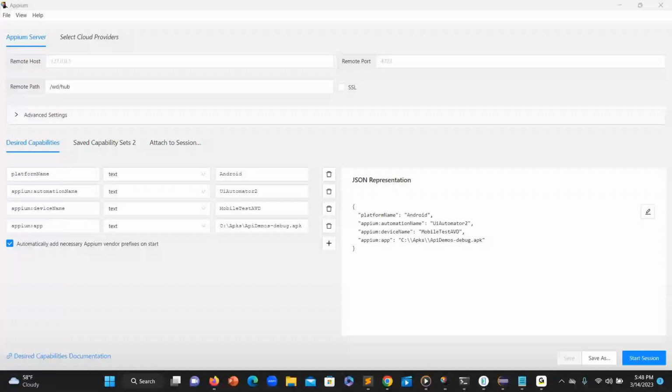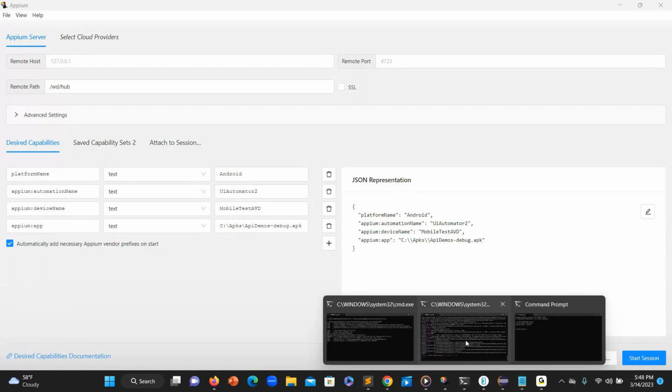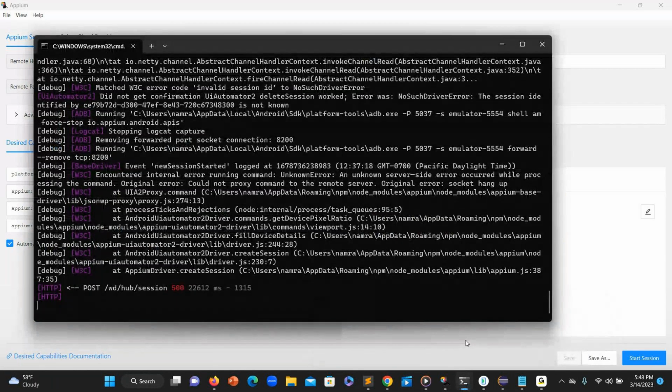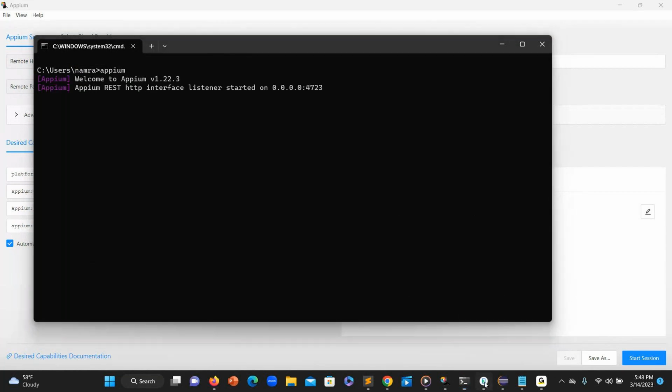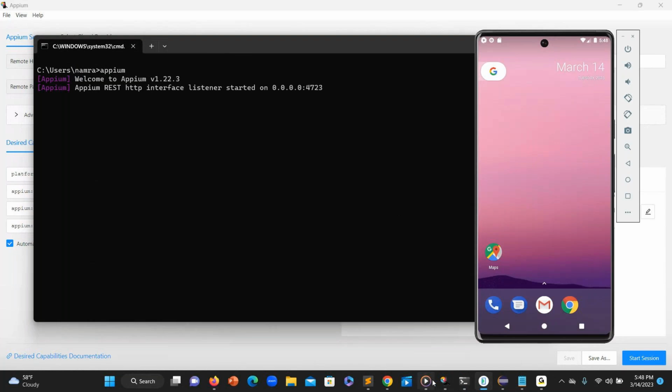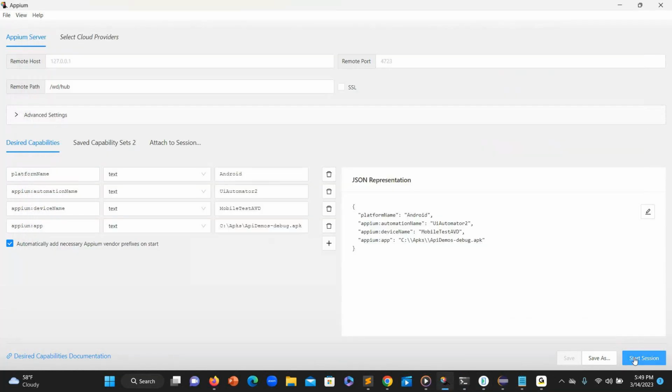Sure, sir. Can you see my screen? Just a quick question. You are able to see my screen till now, right? Okay, I have my screen now. Can you see? Yes, I'm able to. Okay, so I'll start this again, my server, and my emulator is also on. So when I start this session,